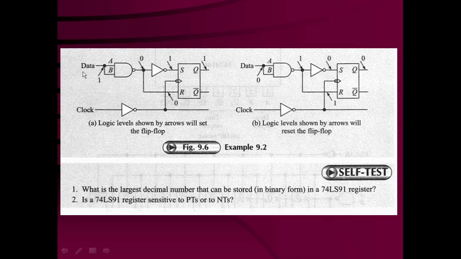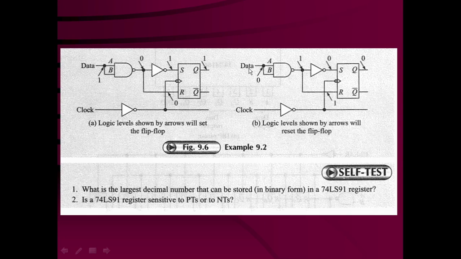You can see that. This is the arrangement for the first flip flop. S and R are here. The clock pulse is there, which is passed through the inverter. Data inputs A and B are shorted. So if the data input is 1, this works as a NOT gate, so the output of the NAND gate is going to be 0. So 0 will appear at R, and again this is inverted by the NOT gate, so S becomes 1 and R is 0. The flip flop is going to be set on the positive edge of the clock pulse. So Q becomes 1 here.